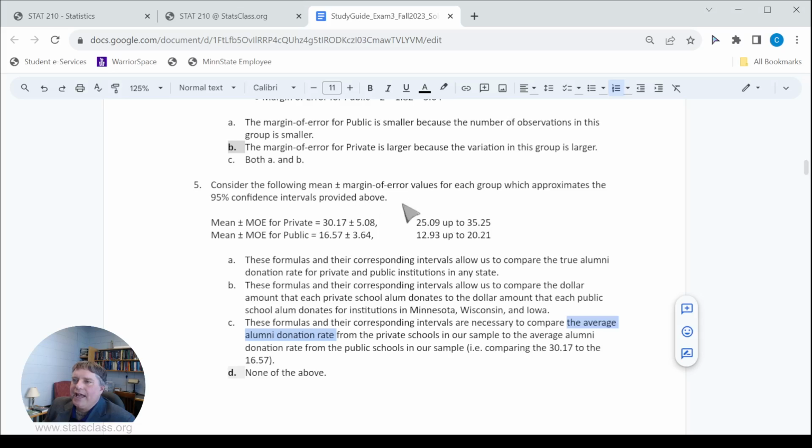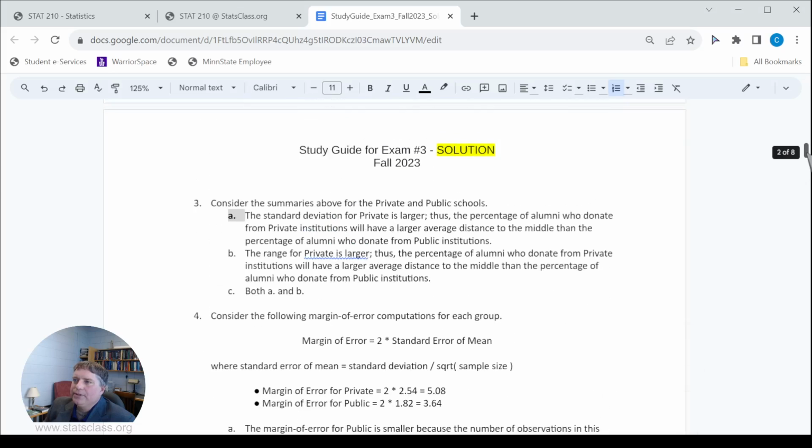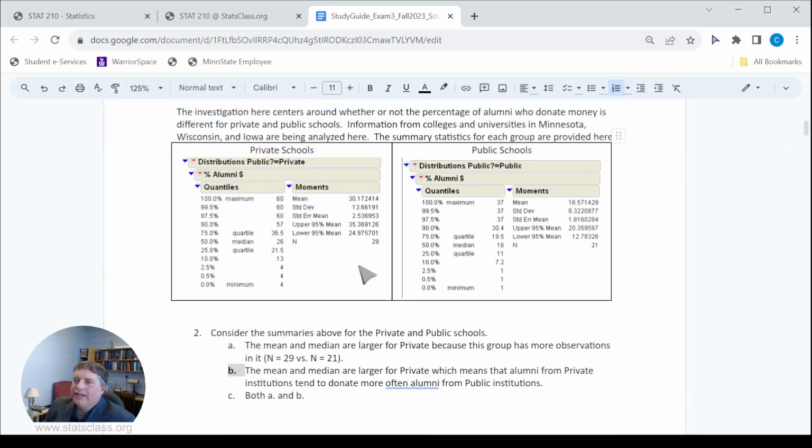These are definitely for the average percent. Now, the reason C is not selected is because that is saying in our sample. So it's necessary to compare the average alumni donation rate from private schools in our sample to the public schools in our sample. Well, if you want to compare the private to the public, just in our data, for these 29